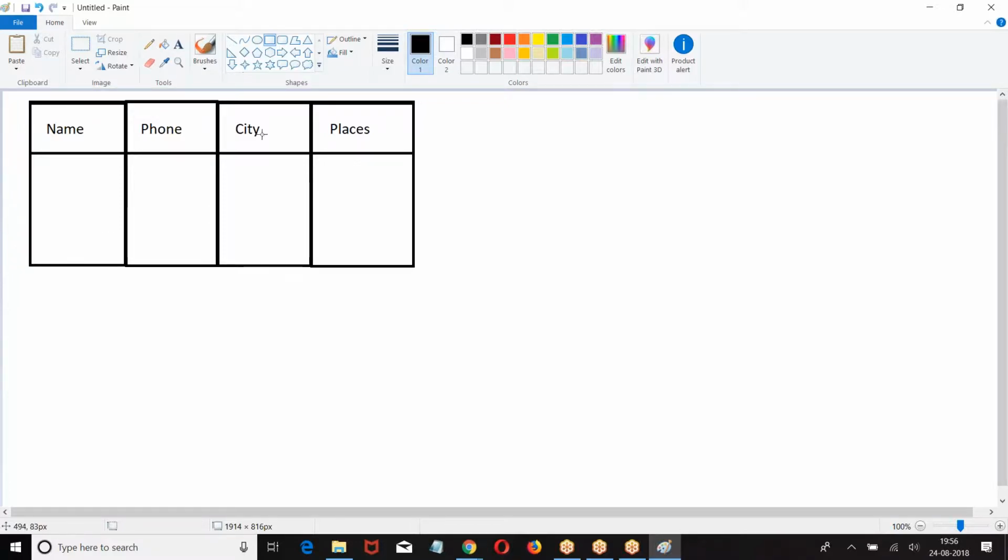Now, fields are nothing but a column in the table. Phone, name, city, places. So, what is a field? Field is a column in the regular database table.